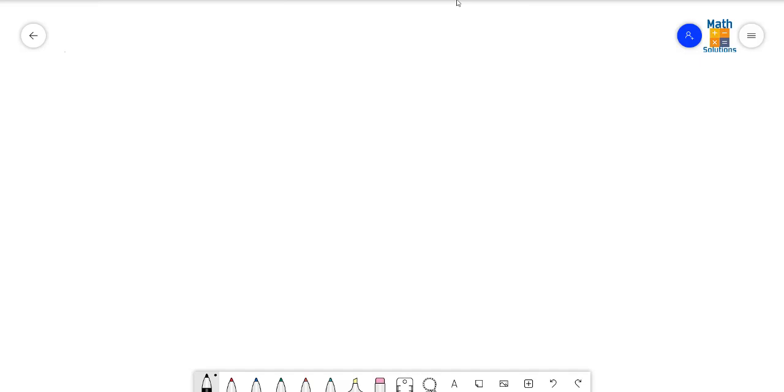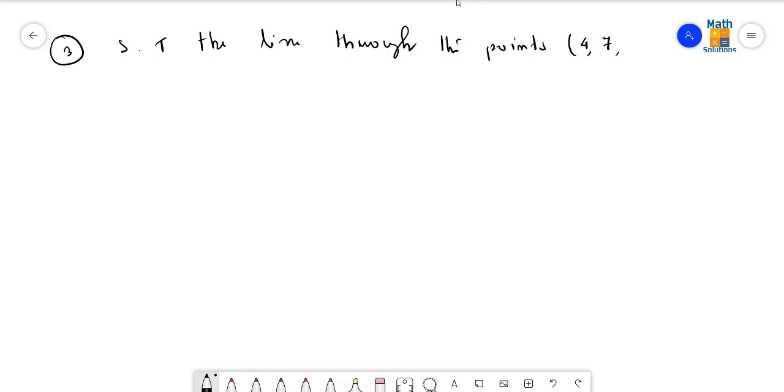Question number 3. What is said here? Show that the line through the points 4, 7, 8 and 2, 3, 4